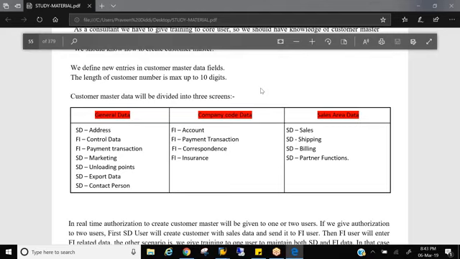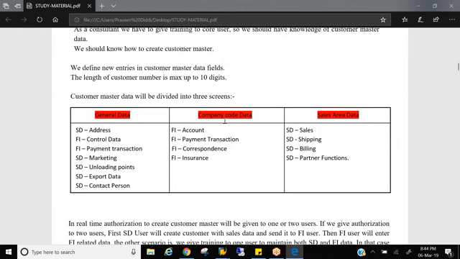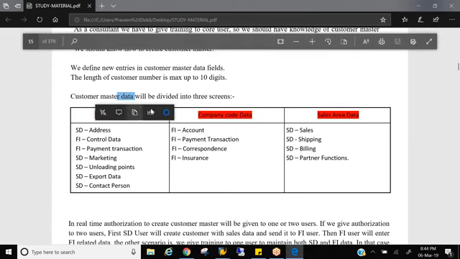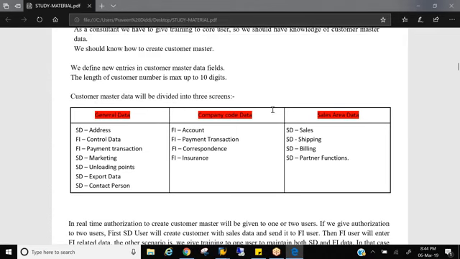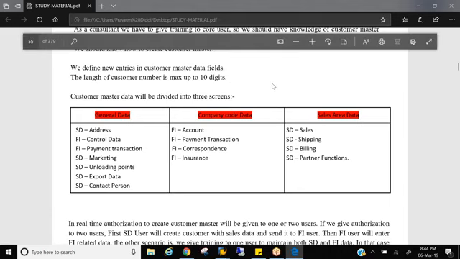Questions are not always straight questions. My trainee who faced this interview did not answer it because he thought data meant something else. But what is the data? General data, company code data, sales area data. If I had asked what the 3 different screens in customer master are, he would definitely have answered: general data, company code data, sales area data. But there is a little twist in the question. He did not ask what the 3 screens are. He asked what different data we can see in the customer master. Questions are not always straight. They will have a little twist. You know the answer, but you are not able to answer it because you cannot understand the question.